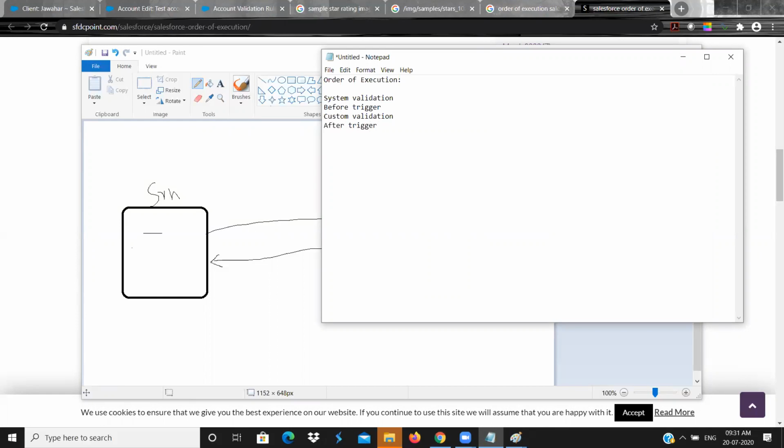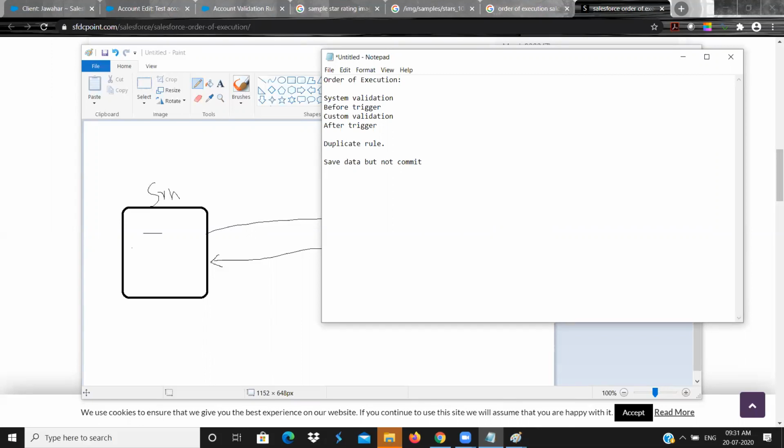Then it checks the duplicate rule. Duplicate rule, we will see what it is and why it is used, no problem. And after that, it saves the data but does not commit. Why?